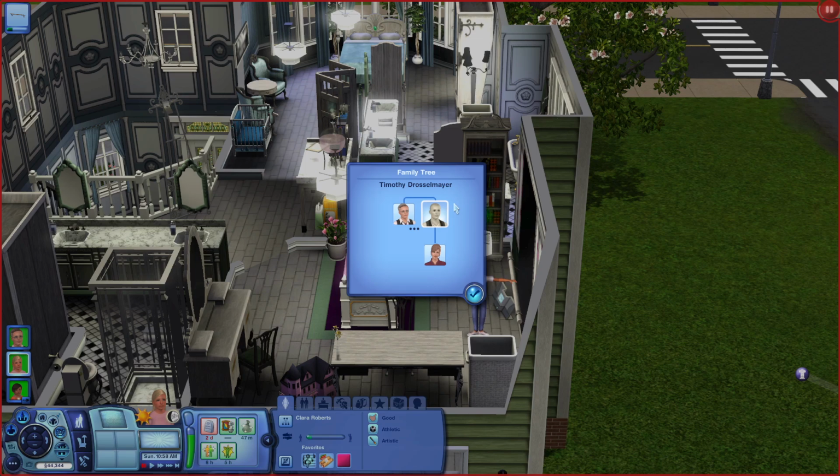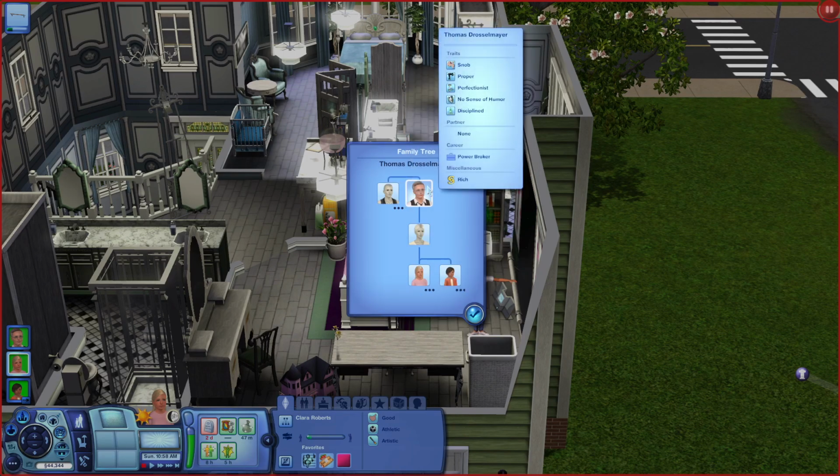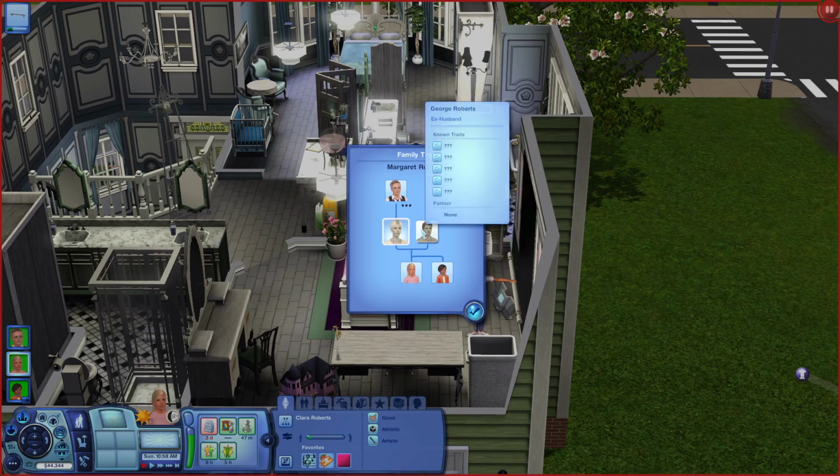I spent literally no time on him. But he does have a daughter, Elizabeth, who is Aunt Drosselmeyer, who is the one that gives Clara the Nutcracker doll. And then Thomas had his daughter, Margaret, which is Barbie's real mom's name, Margaret Roberts. And then her dad's name is George Roberts. Because they're dead, that's why it says X. They've both died, which is why Clara and her brother Tommy now live with her grandfather. So I made the whole family tree so that it would all work out.